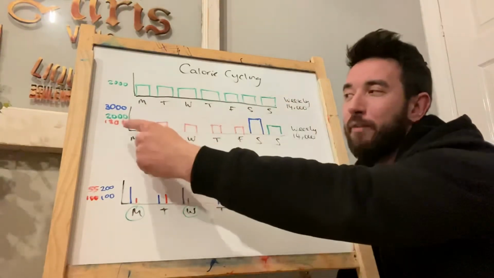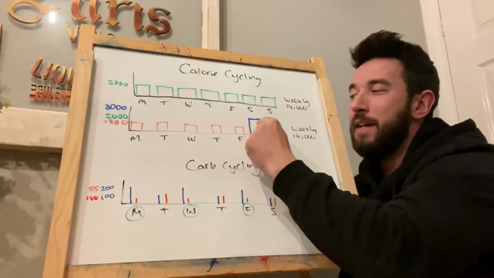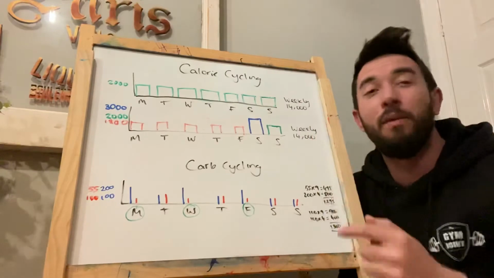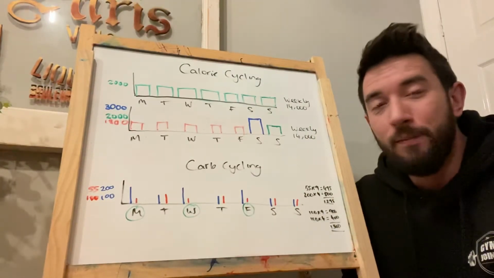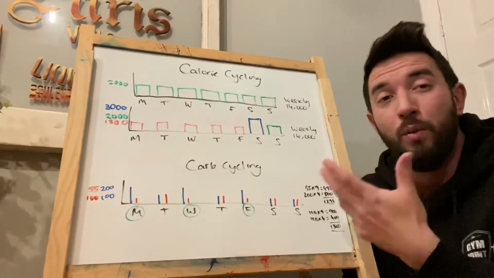Because if you work out the average, all we've done is taken all those extra calories and put them on the Saturday, and then the Sunday's no different. So then the weekly average still works out at 14,000. So then you've still actually got your weekly deficit. The difference is it all depends on when you would be doing your weigh-ins and your checks.